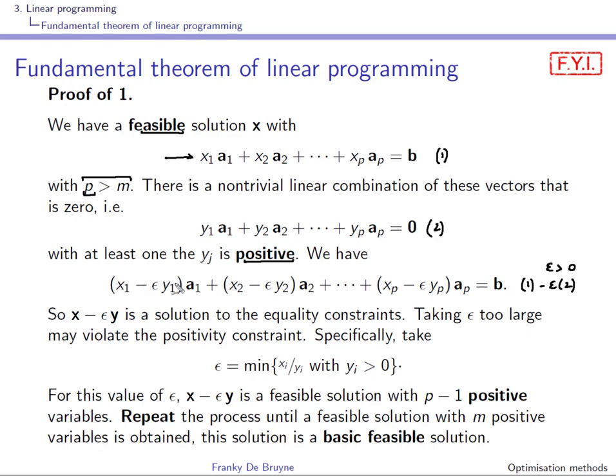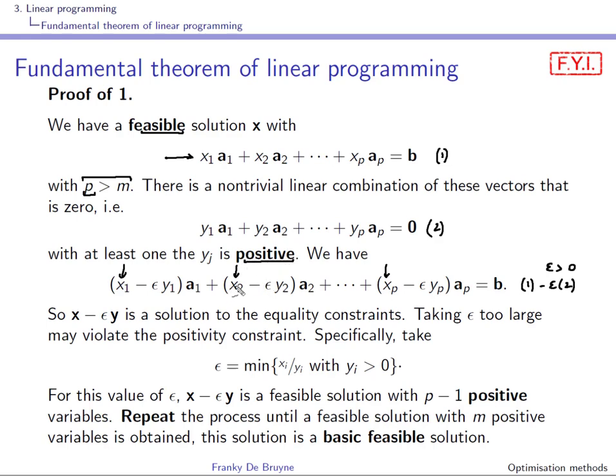Okay, so the coefficient will grow and it will stay positive. Remember that these coefficients here, x1 to xp, are positive. When one of the y_j's is positive, and we know that there is at least one,